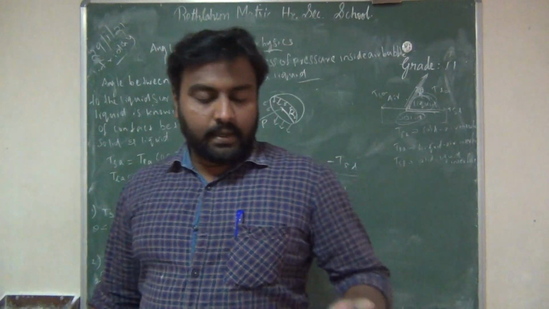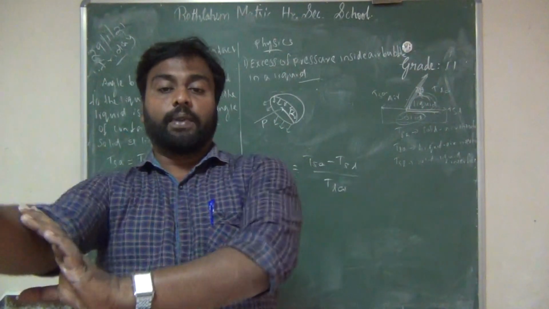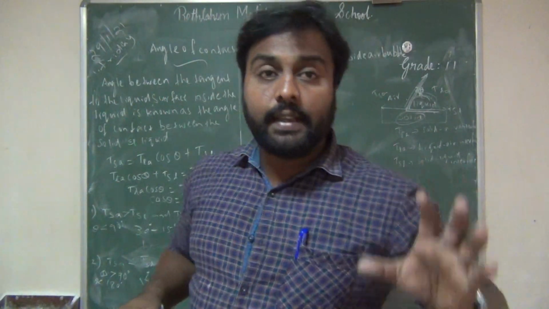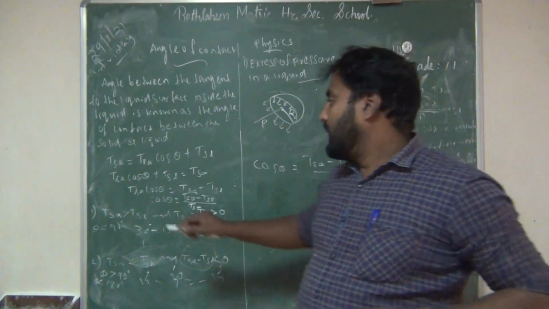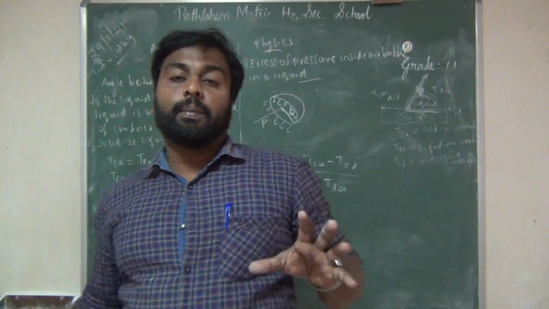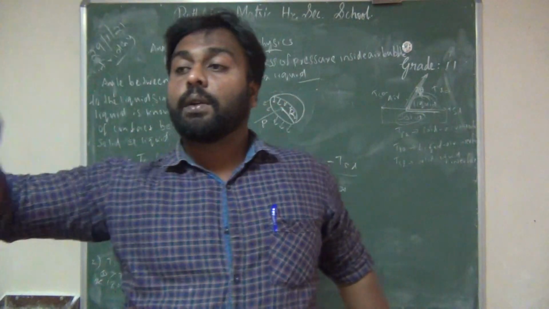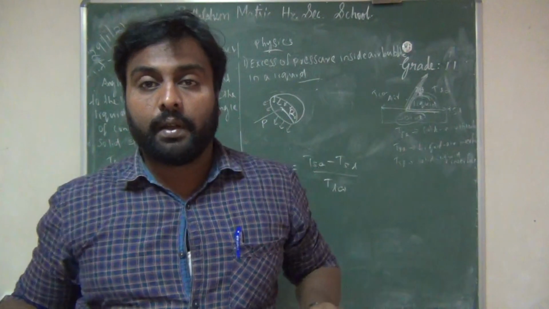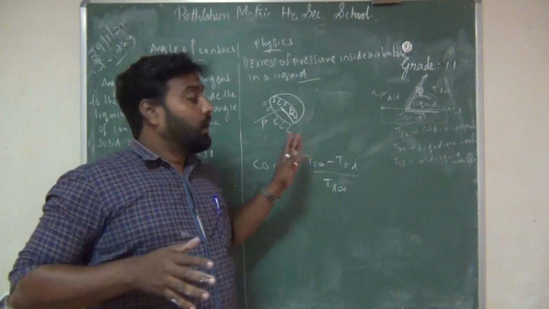So here the interface is also given. For the first case, the water-plastic interface, and the second case, the water-leaf interface. And the third case, if TSA is equal to TLA plus TSL, then the state will be equilibrium, and the liquid will be distributed everywhere, or you can say that this liquid drop is spread over everywhere. That is the third case. So this is what we have about the angle of contact.